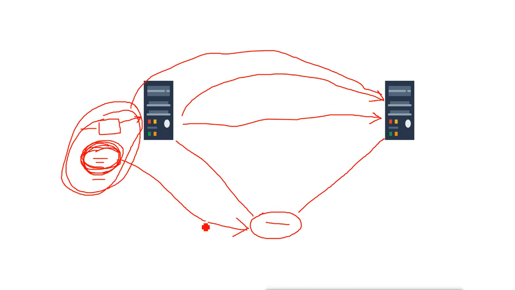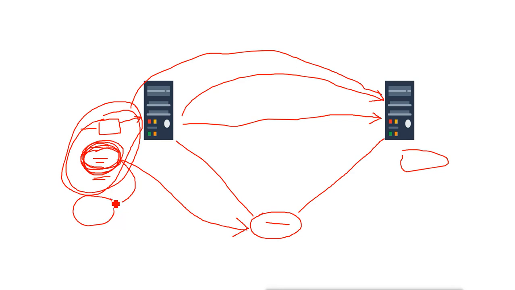So if the data is stored on local storage, then we can move it to the shared storage. That is one reason we move the storage only. Or sometimes we just want to move the storage of the virtual machine from this server to another Hyper-V server, so that we can run the virtual machine on that other server. Or sometimes we also move the virtual machine data from one hard disk of the local server to another hard disk.